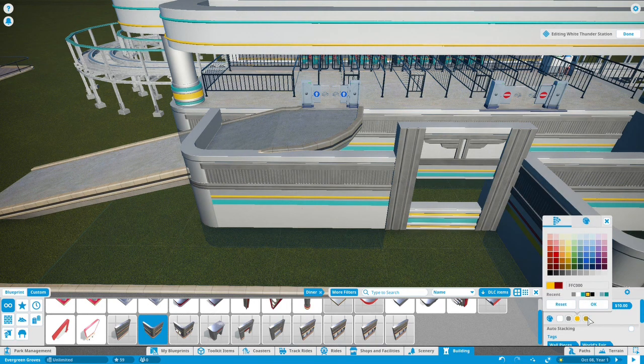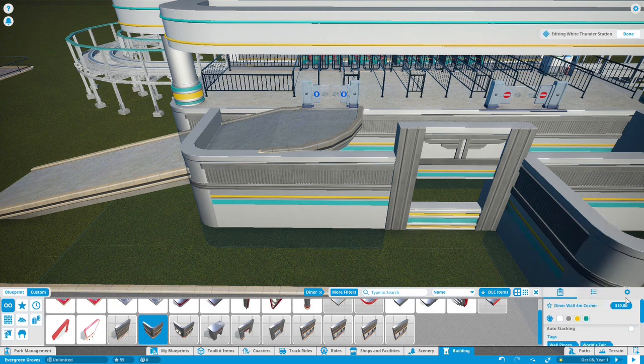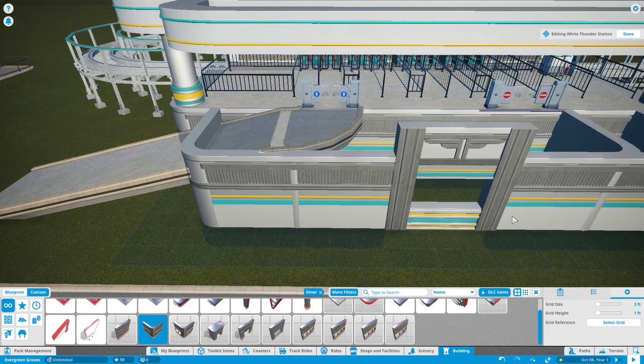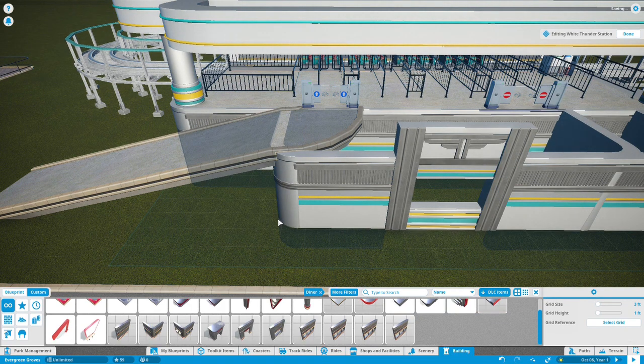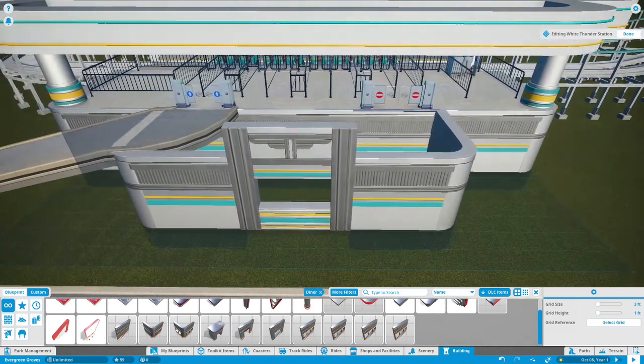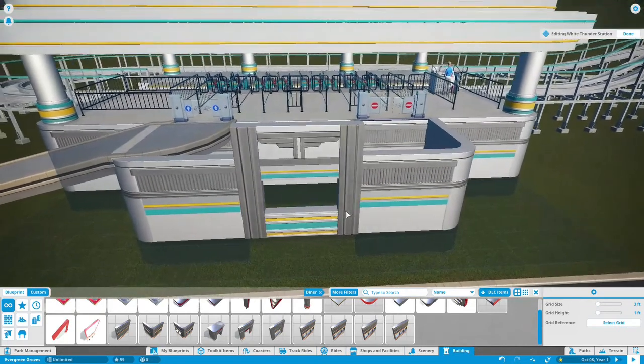Red needs to be yellow, and this needs to be teal. Can we pull this off? We can only sort of do that, otherwise it clips into where our shop's going to be. Okay, so that right there is the best we can do as far as getting that in there. Which actually, I don't mind that. We just need to make the queue